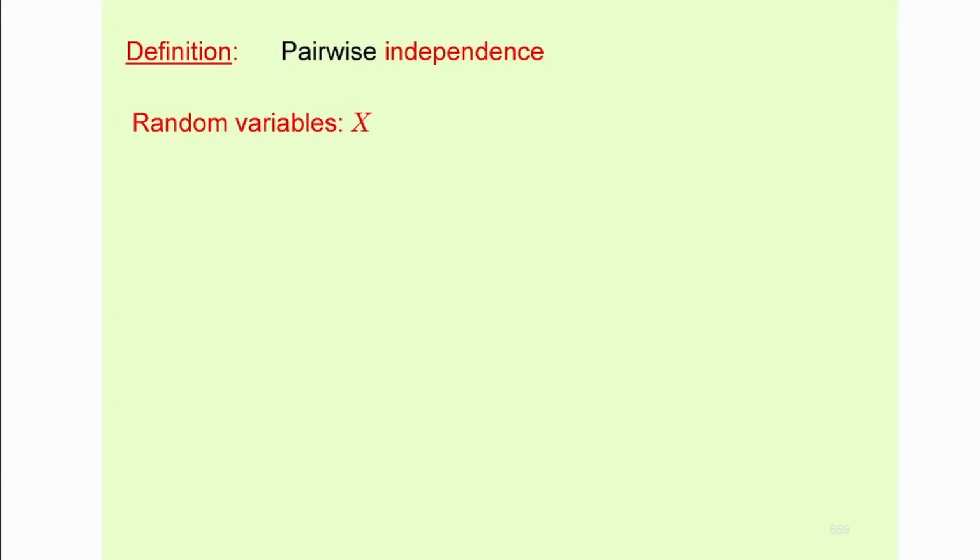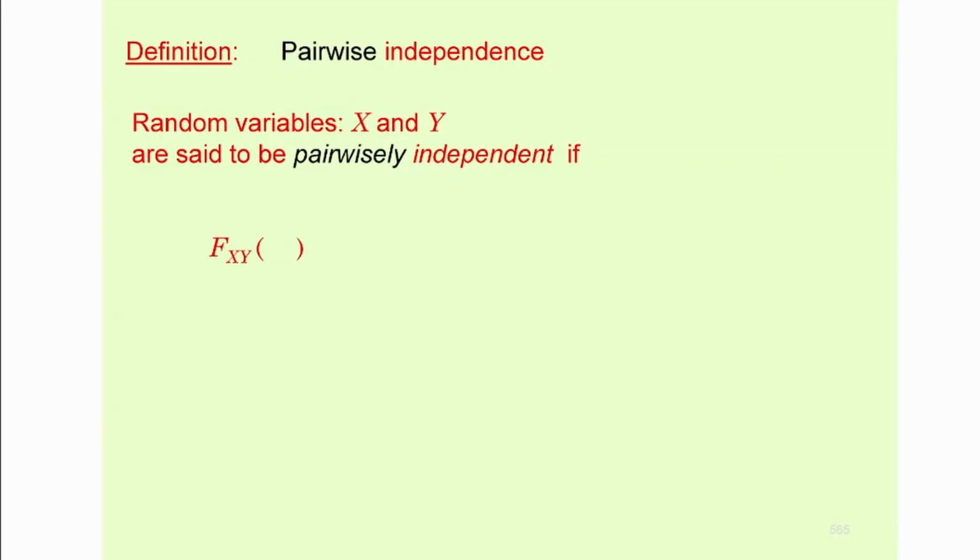So again, random variables, let's say x and y, are called pairwise independent, and that's the new concept, if the joint cumulative distribution function, which I haven't said before but wanted to stress, is calculated from the double integral of the corresponding joint density if it's continuous, or the double sum if it's the joint probability mass function, is the product of the marginal densities. Sorry, not the densities: if the joint cumulative distribution function of two random variables equals the product of the marginal cumulative distribution functions, respectively, then they're called pairwise independent.